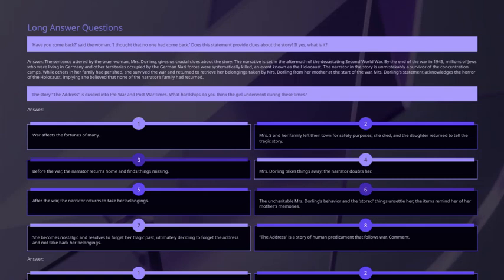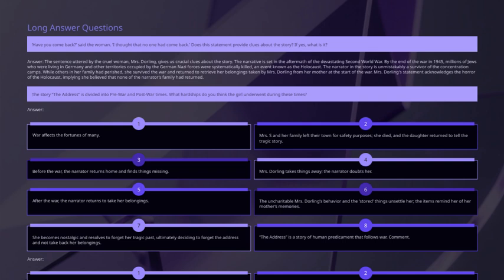over time. On this slide, we see that items associated with her past reminded her of her tragic experience, which prompted her to resolve to leave them behind and forget the address. This shows how the memories tied to those possessions were painful, and she decided it was better to move on.